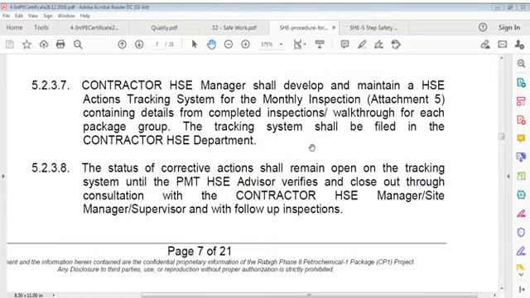For monthly inspections, Attachment 5 containing details from completed inspections walkthrough for each package group. Tracking system shall be filed in contractor safety department. Status of corrective actions shall remain open on tracking system